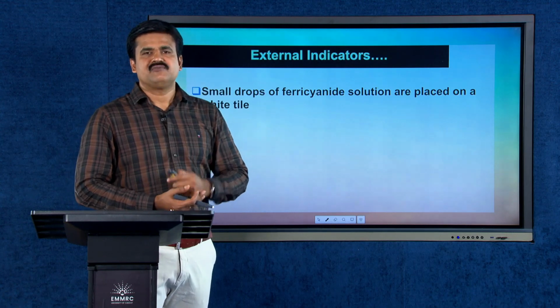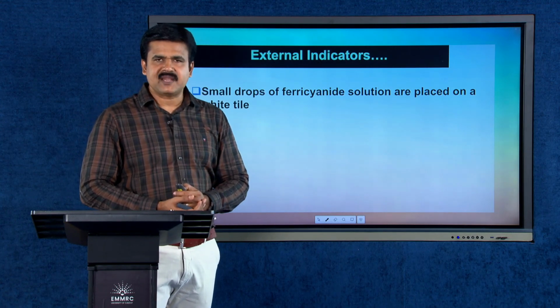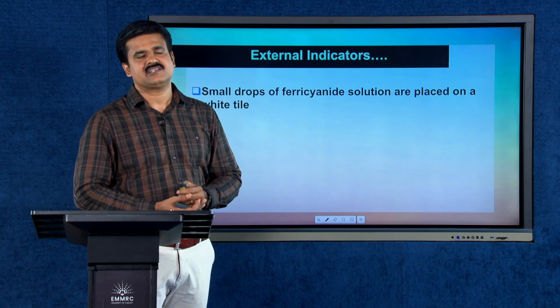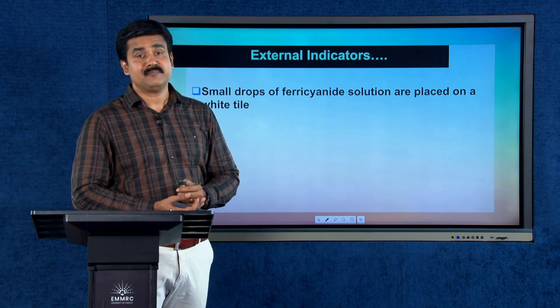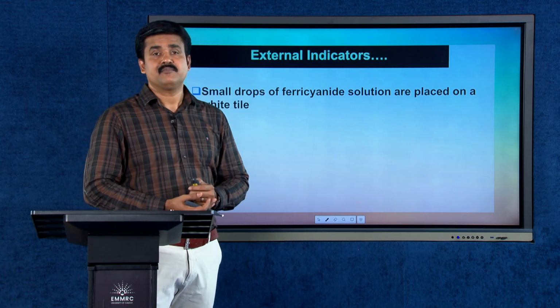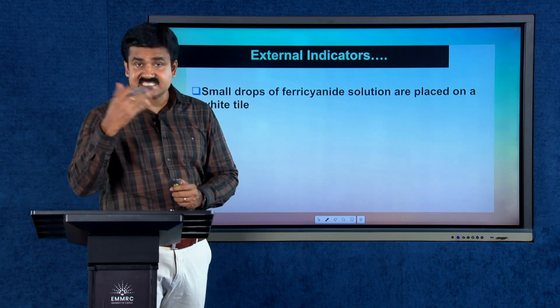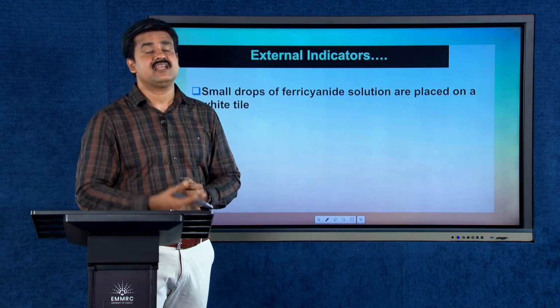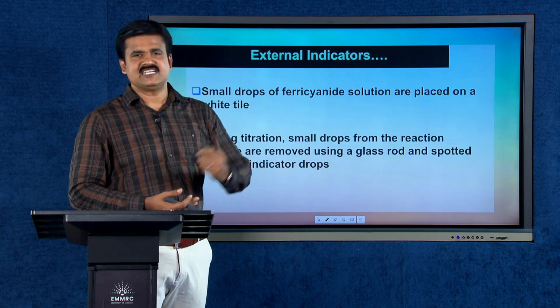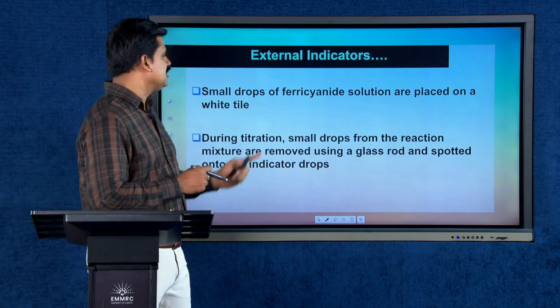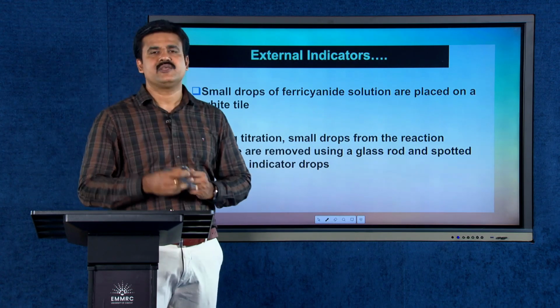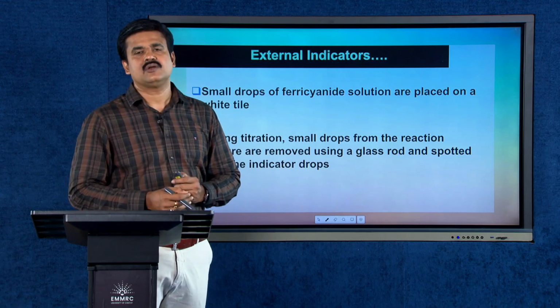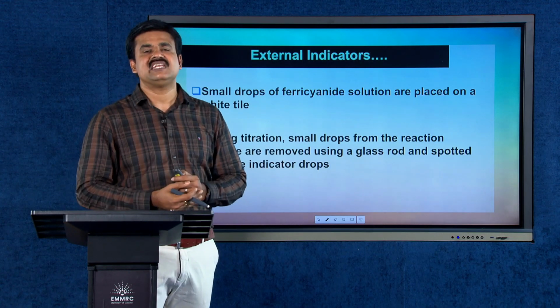Small drops of ferricyanide solution are placed on a white tile. This should not be mixed with the reaction medium because we are dealing with the external indicator. Potassium ferricyanide is an external indicator. During the titration, small drops from the reaction mixture are removed using a glass rod and spotted onto the indicator